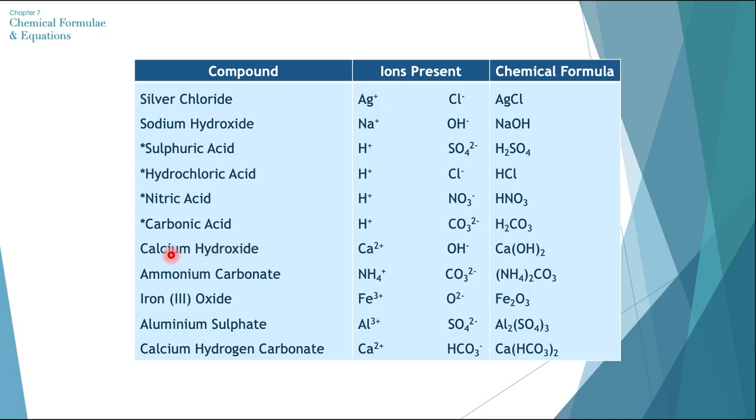Okay, we have calcium hydroxide. The ions present again are going to be a little confusing because the calcium ion has a valency of +2 and the hydroxide ion has a valency of -1. So in this case, we would need 2 hydroxide ions to balance the charges because the calcium ion has a charge of 2 positive, but the hydroxide ion has a charge of 1 negative, so they are not equal. So to get them equal, we have 2 hydroxide ions that make the total charge of -2. So the charges get cancelled and in the end the chemical formula is